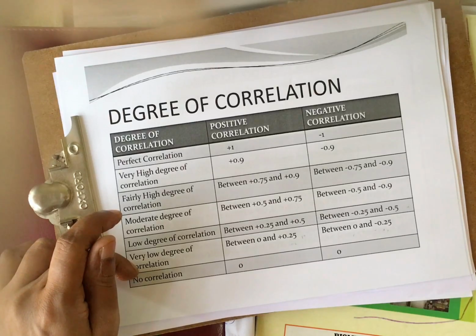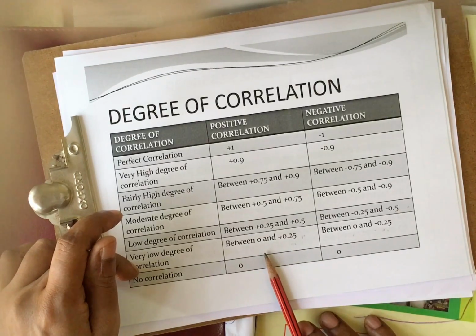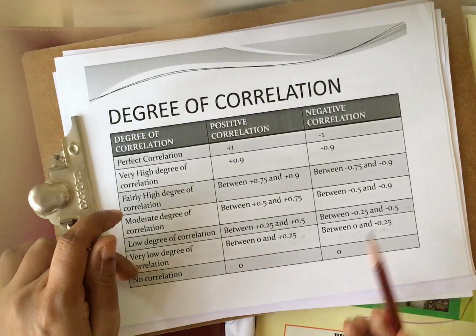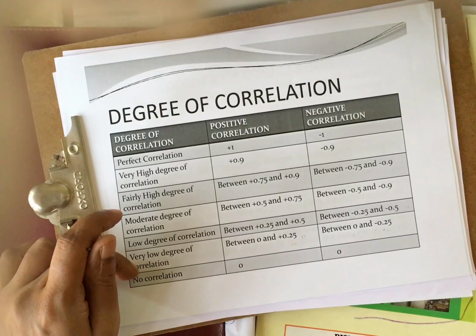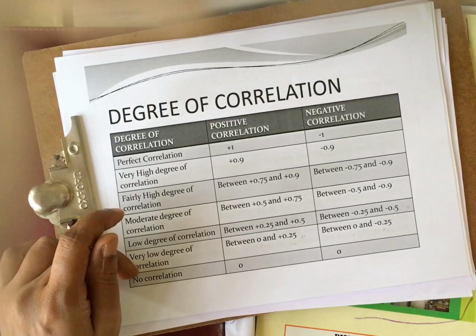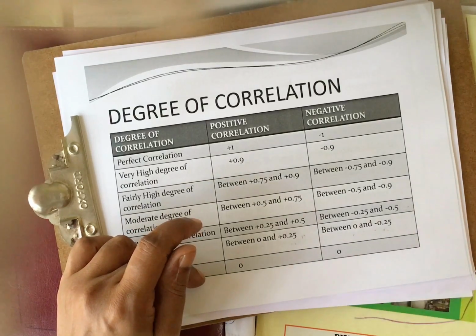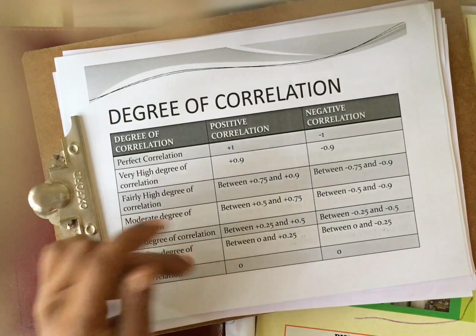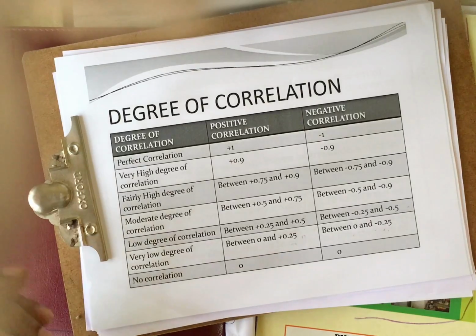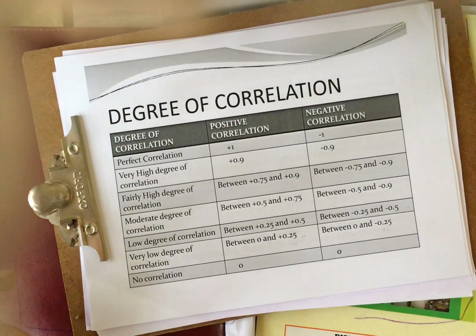If sometimes the answer comes as 0, then there is no correlation between X and Y. So when 0 comes, it may be positive or negative. Values may be taking like that, but the answer comes here as plus, no correlation, and even if negative is coming, there is also no correlation. No correlation means one does not depend upon the other factors.